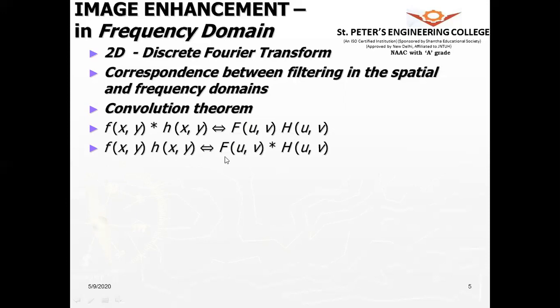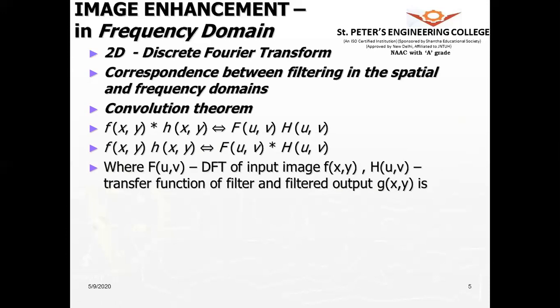Similarly, if we perform convolution in the frequency domain, that leads to multiplication or modulation in the spatial domain. So this is the specialty of the convolution theorem. So we use this concept here.